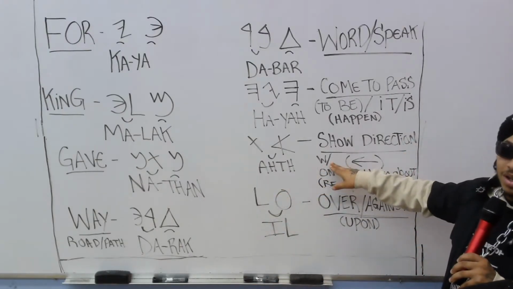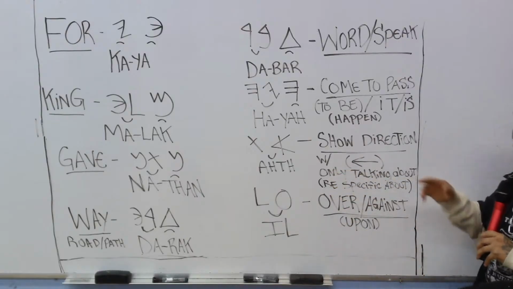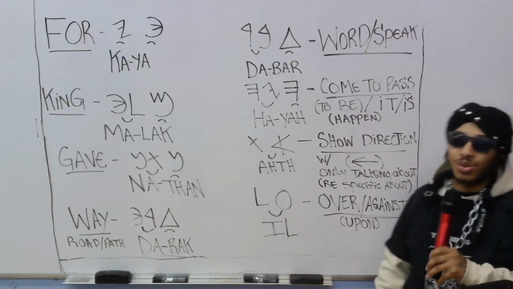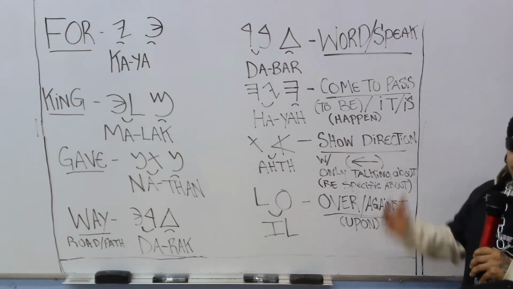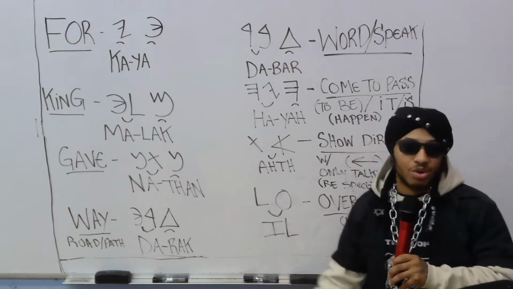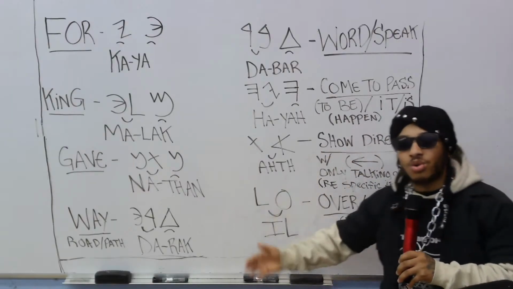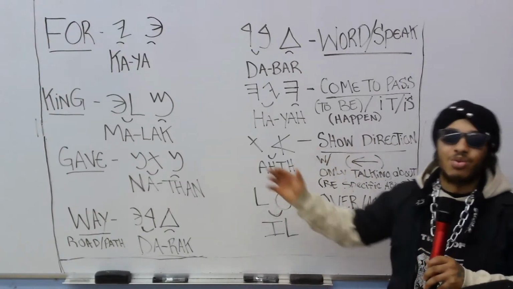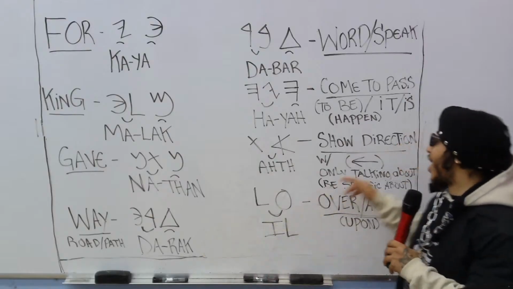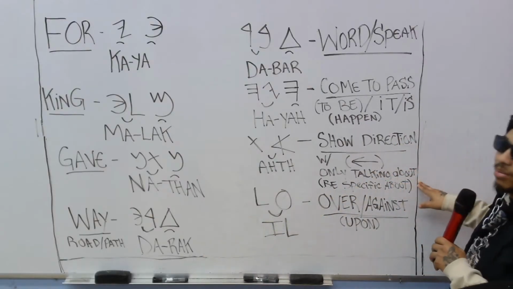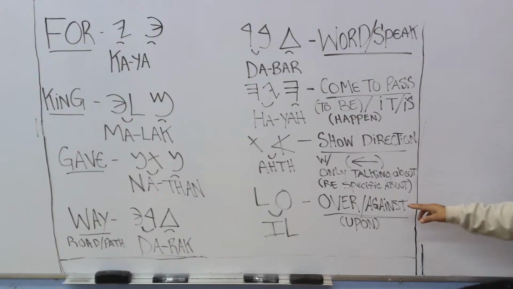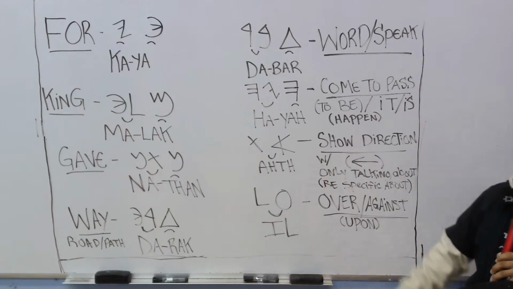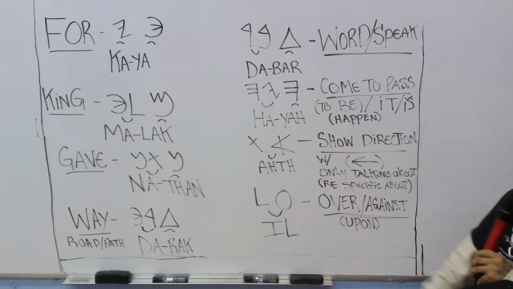That's why I didn't put a word meaning here, because it does not have a word meaning. Don't get caught up in people saying the word af means with. It does not mean with. If you look up the Hebrew and the coordinates, it tells you that it's used to show direction. It may say with, but when you look up why it's saying with, it's to indicate with. It's an indication to show direction. It means you're talking about, being specific about. It does not mean that this word means with. Don't get caught up in some of the fake Israelite garbage. Half of them don't teach Hebrew anyway.